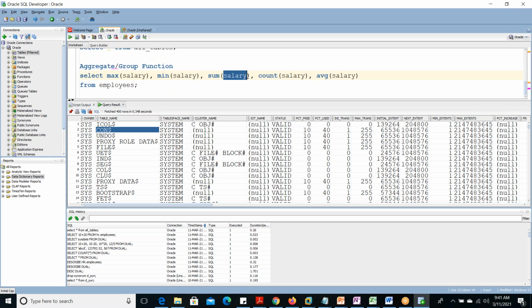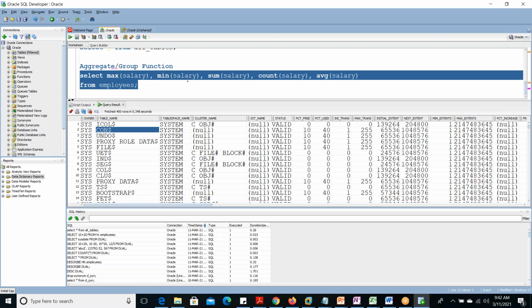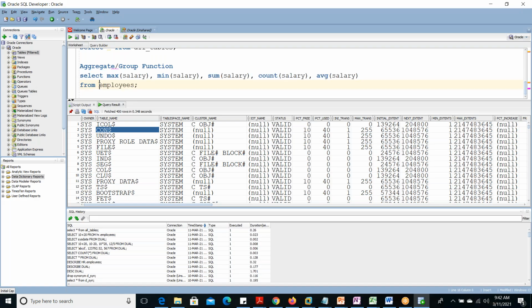What is the sum? If we do the sum, 2000 plus 4000 plus 10,000 plus 20,000, then what is the value? All employee salary total. Then count of salary. How many employees are getting salary? Then average of salary. Average means total sum divided by this count. That is the average. Okay, now if we execute this from the employees table, here this is coming under the HR schema,